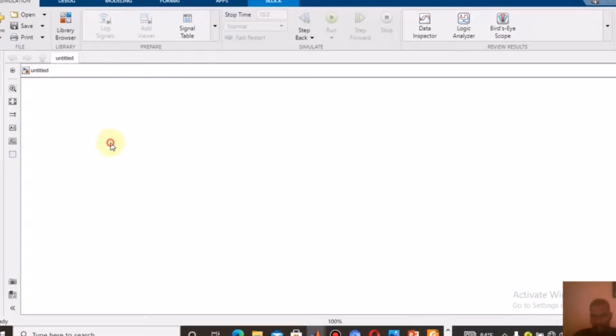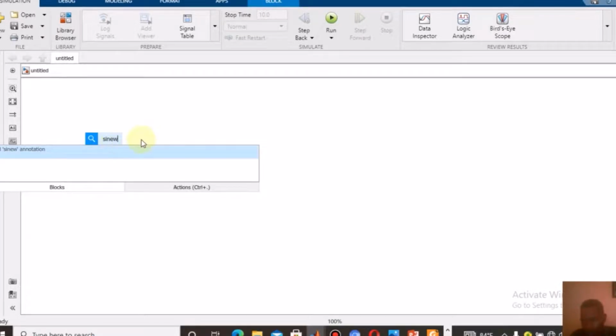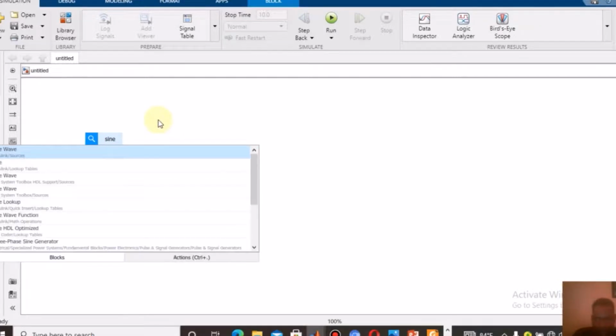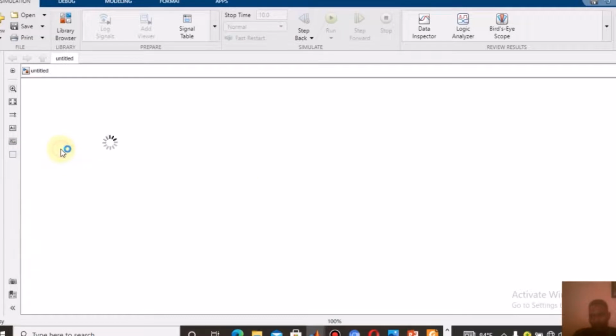I just have to write in here again, sine wave. Yeah, sine wave here. This is my source, so I have to take that sine wave. So this is a sine wave, and the amplitude of this sine wave is 4. Just enter. The second thing, after taking this Simulink block, I have to go within the library browser, or write